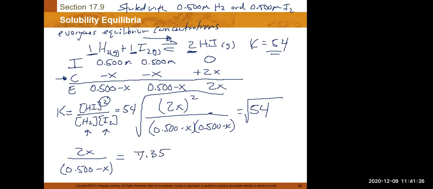At this point, it's just a math problem we could solve for x. We're going to multiply the bottom to the other side. So we're basically going to multiply 0.5 minus x to that side. When we do it on this side, it's going to cancel. That's going to give us 2x is equal to